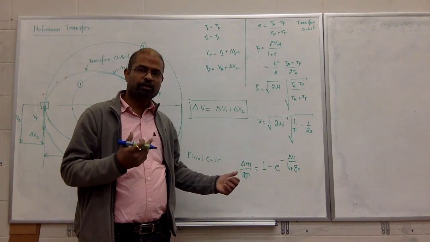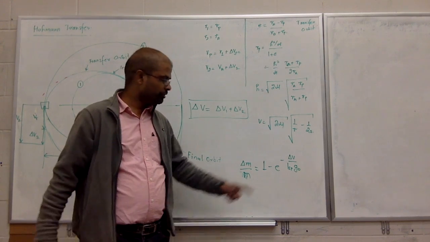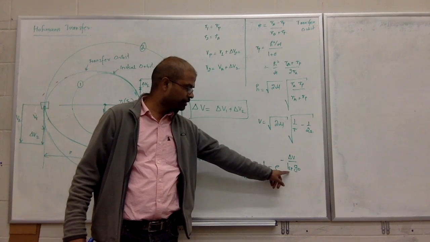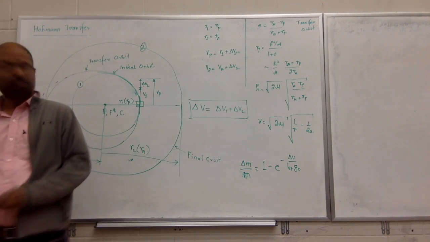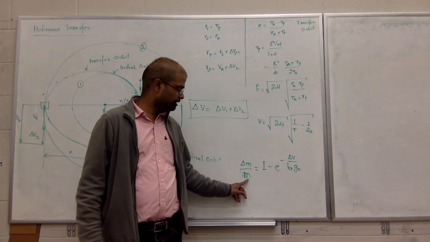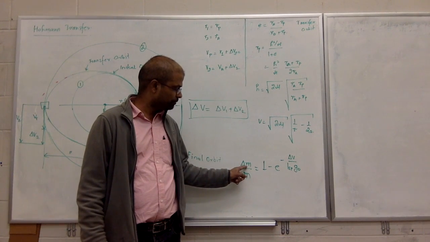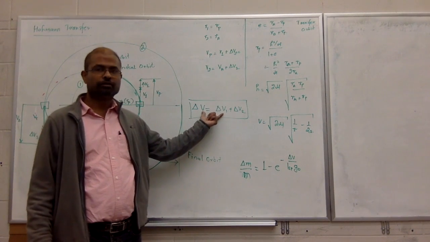Here, when you say function of, why do you say it's a function of? Why is it not a function of this? It's a constant. Why is it not a function of this? This? All those are constant. If you see, delta M is a function of delta V. Once you know delta V,